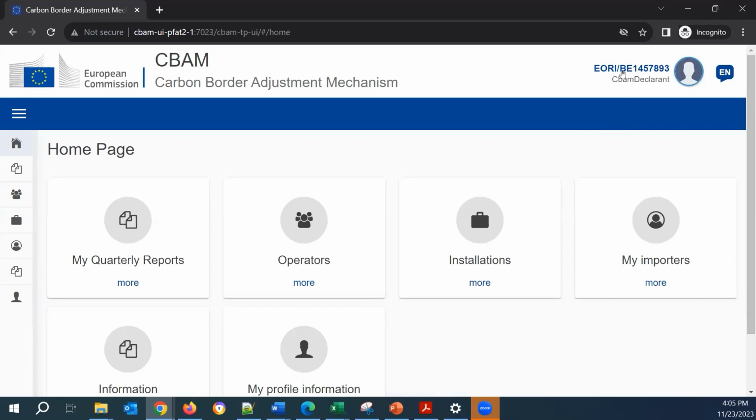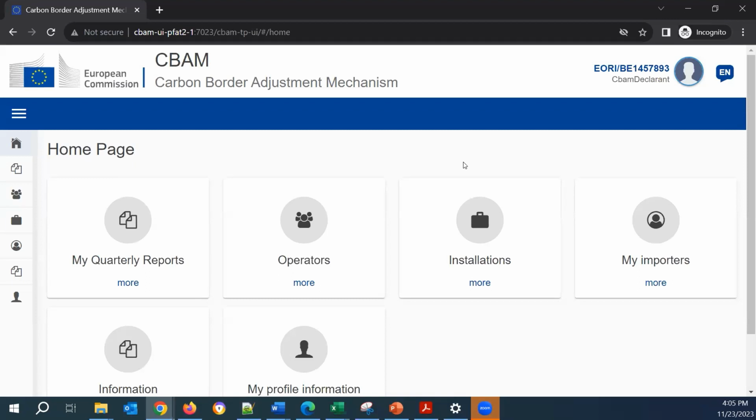This is my EORI number, my name, and let's go to create an operator and then also create an installation. There will be 2 sectors covered.